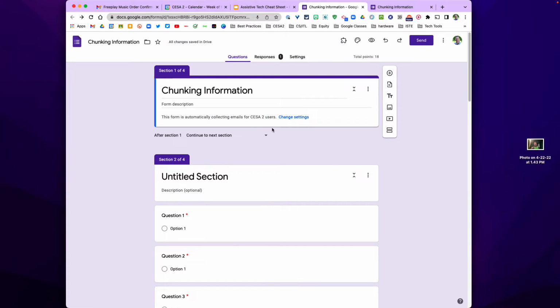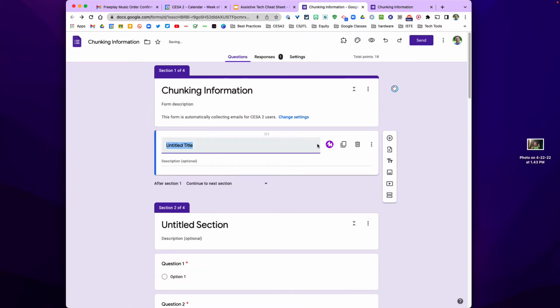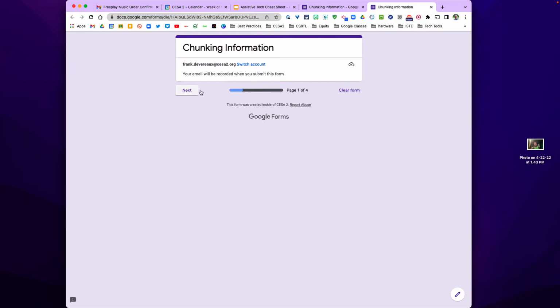You could also put in a section with just some text and some description, and in there you can add some voice directions using Mote if you have that extension enabled. So that's a nice way to chunk up the first part, and then students will go on to the next